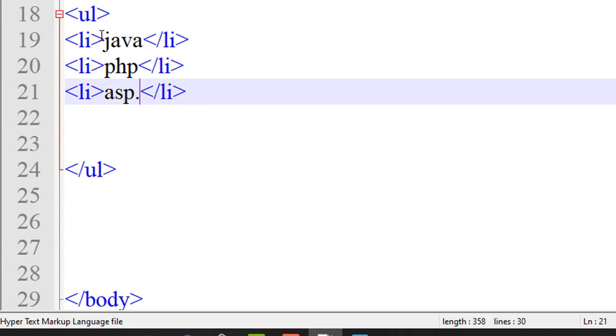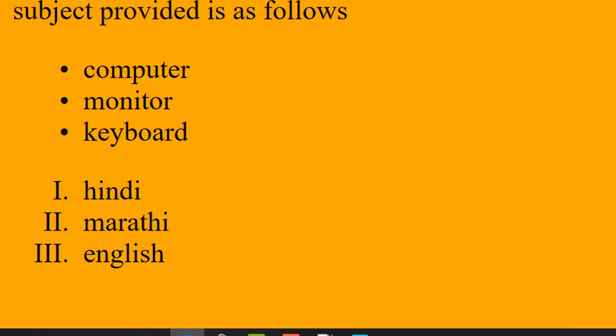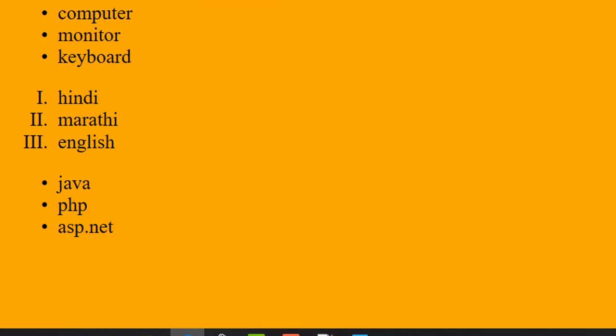You can add any number of elements here. Just save these and now run it. Java, PHP and ASP.NET are created, but we want a subpart of the Java.